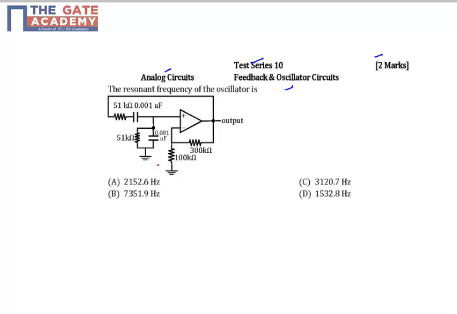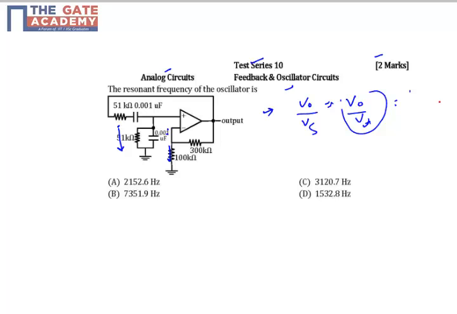So friends, the typical way of solving any resonance circuit is basically you need to find out the transfer function V0 by Vs. In this case, Vs is nothing but the feedback voltage Vf. So V0 by Vf will be the best way out. You need to find out V0 by Vf and then put the imaginary part equal to 0, and you will conventionally find out the answer.